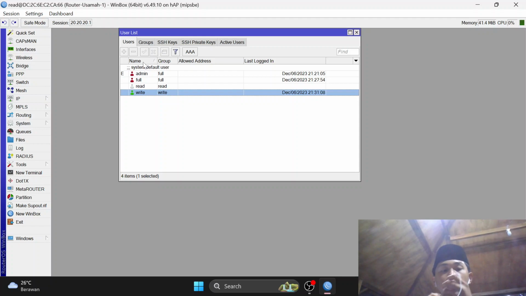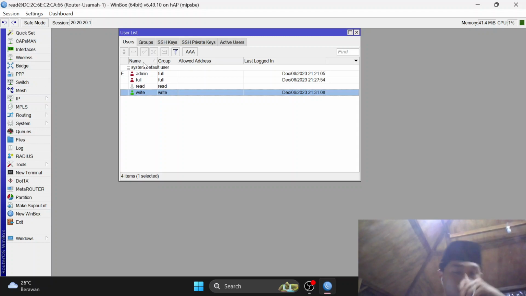But the difference between group full and group write is that group full has all rights, so it can do all configuration in this router. But user group write can do all configuration in this MikroTik except adding new users. And for the user type read, it can only monitor the configuration.